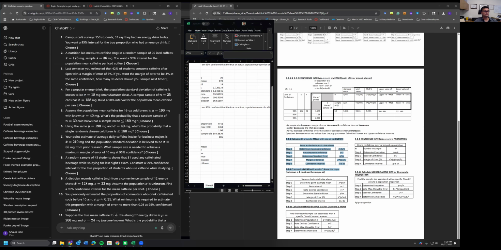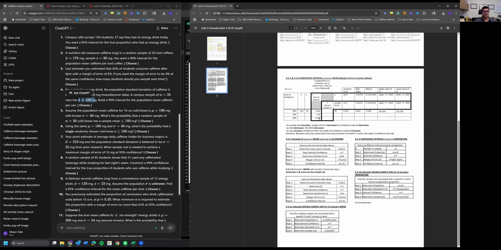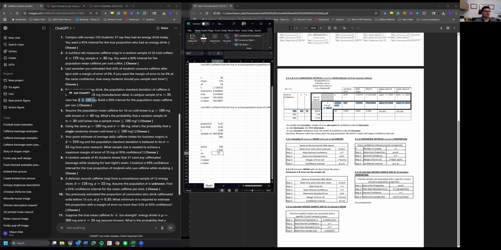So right here, we've got a sample mean of 158 milligrams. So that right there is your point estimate of the population mean, which is just the exact same thing as saying, hey, I took a sample mean and I'm using it as the population mean and making a confidence interval around it. Okay. So then the z-score for 90% is going to be 1.645, which is also right here in the formula sheet, 1.645. Okay. And then the standard error is going to be equals